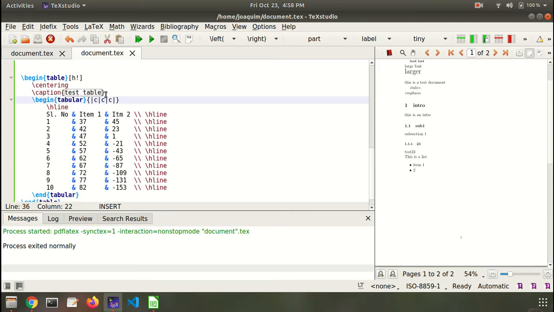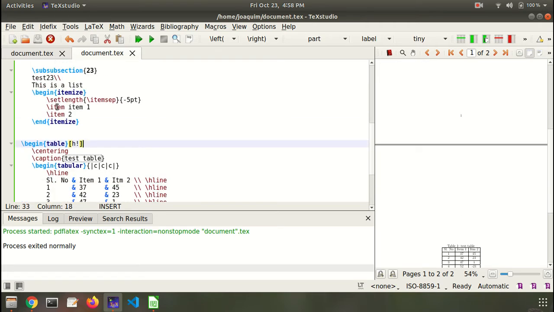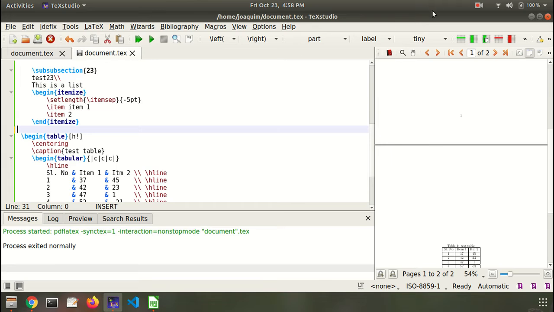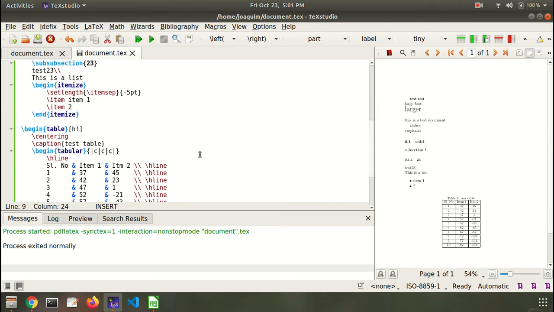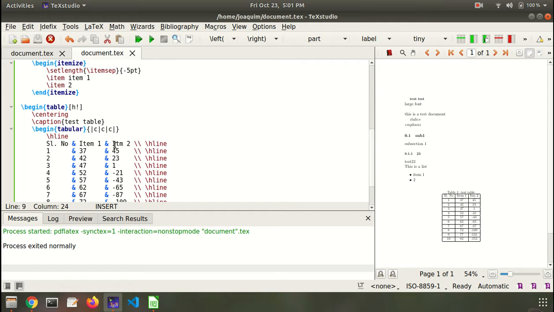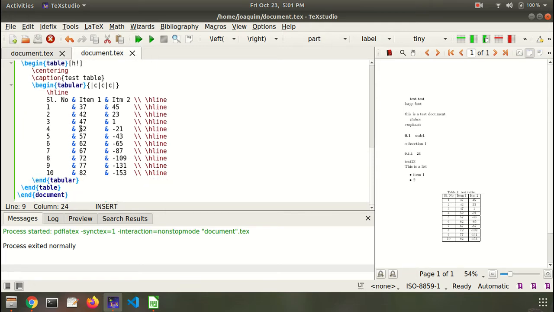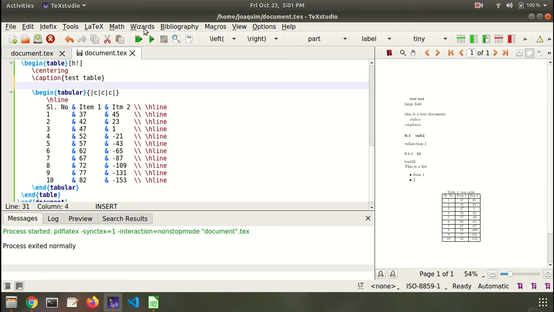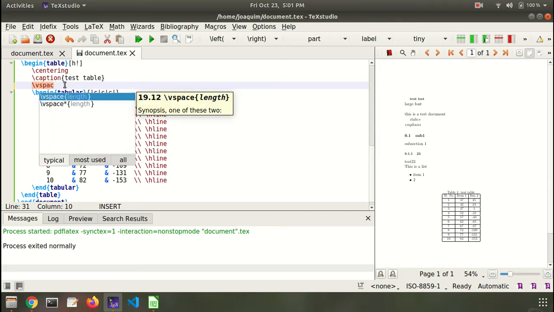So you want to reduce the space. We just compile it out, and I have the table in the center of this page, between \begin{center} and \end{center}. You can have a caption also. For the caption, you need a space in between these two. Let's see whether it works. It still doesn't work. So you can have something called vertical space, \vspace,